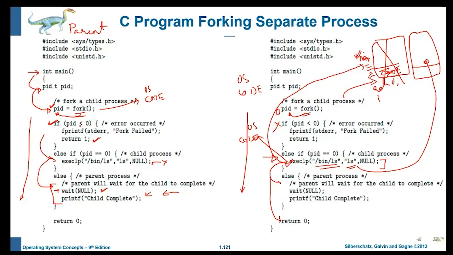तो ये पेरेंट के पास हम देखेंगे, पेरेंट तो सो रहा था, वेट कर रहा था कि चाइल्ड कब खत्म हो। चाइल्ड खत्म हो गया तो पेरेंट को जगाया जाएगा, हम जगा देंगे पेरेंट को। जब पेरेंट जाग गया तो फिर वो आगे प्रिंट एफ करेगा, यहाँ पे चाइल्ड कंप्लीट प्रिंट करके रिटर्न करके वो भी निकल जाएगा। समझ में आ गया? यस सर।